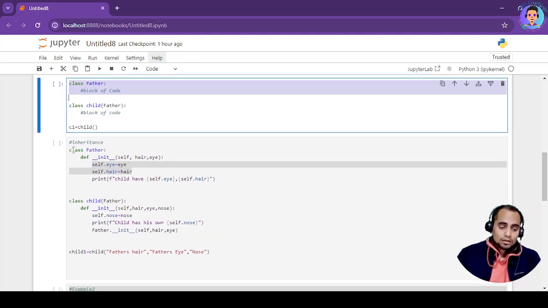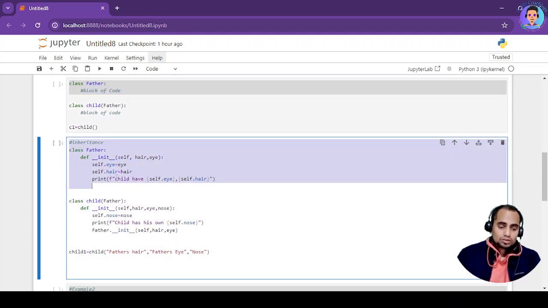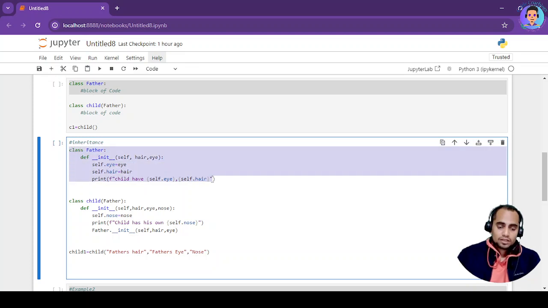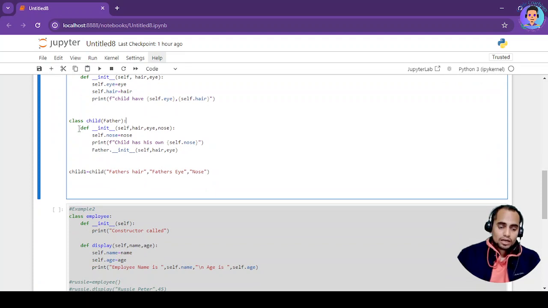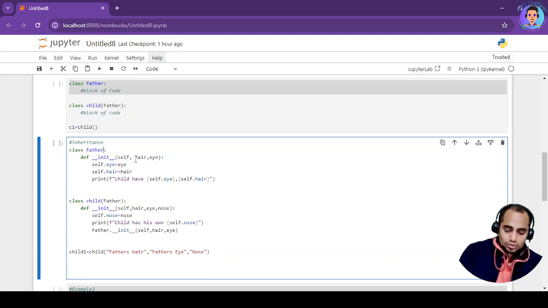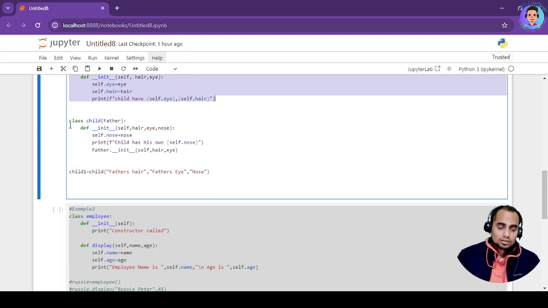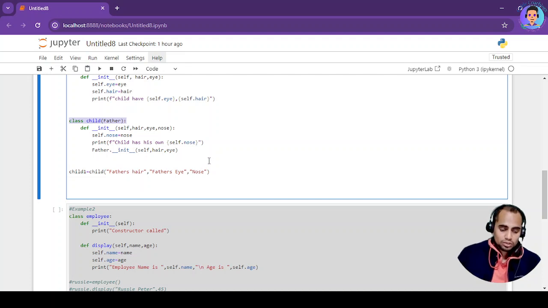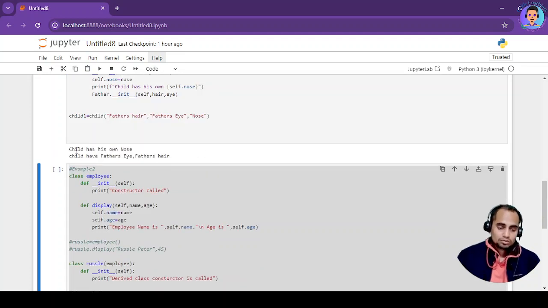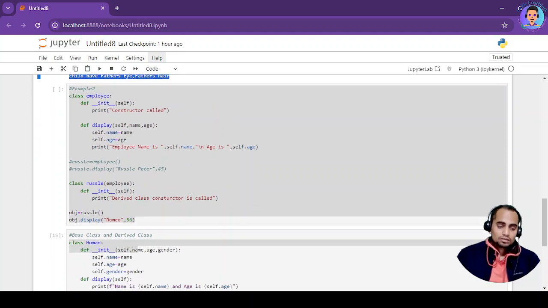And then you will have a class. The father class will have a definition, he will have a constructor inside it, and then the child will also have some properties, then this father will be called over here. If you want to put object over here, you can do that as well. This class over here is called a base class, this class over here is called a derived class. We have spoken about the importance of it. This is how you will get the results executed.